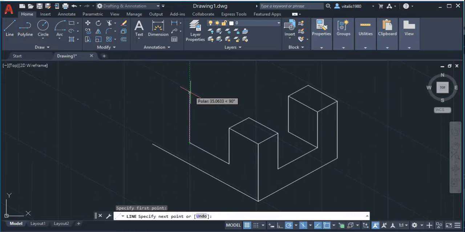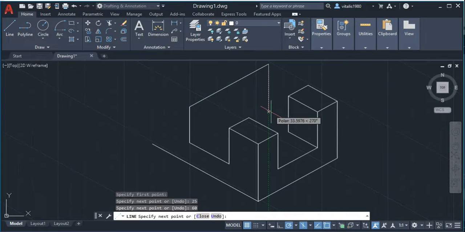So this is 25, this is 60, and this is 25. Let's close the loop